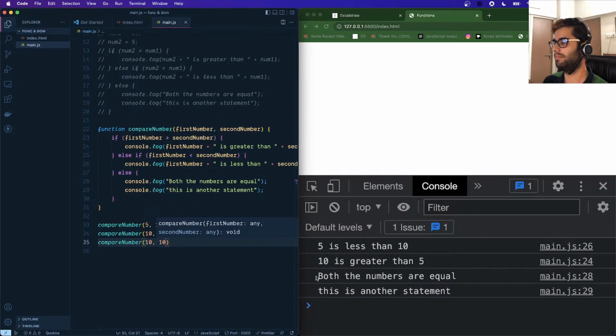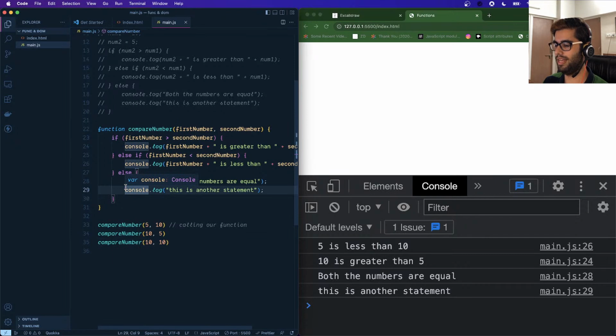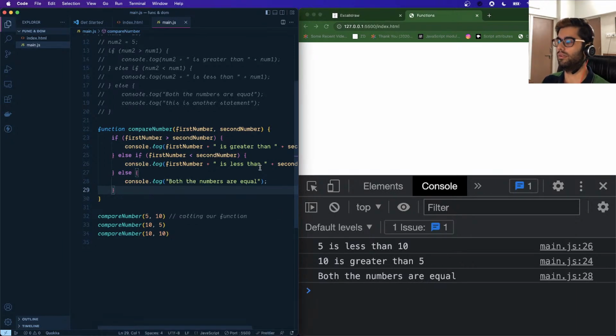So now it's giving me the output as both the numbers are equal, and this is another statement. Okay, so this is how you can see that we have very easily reduced our code complexity, and our code has become much more readable. Okay, so a function allows us to reuse existing code, and we can invoke a function like this,